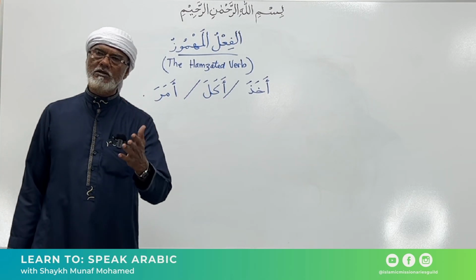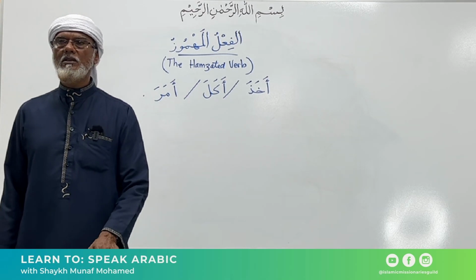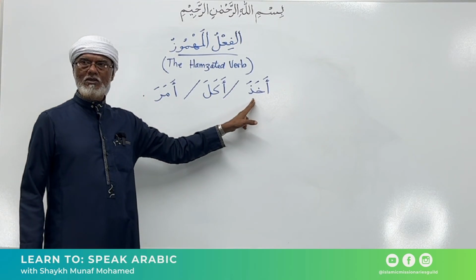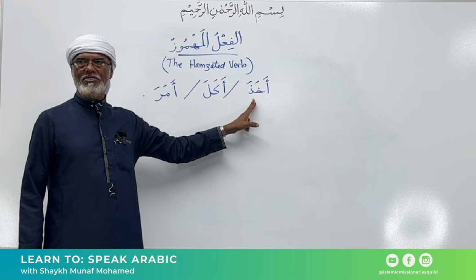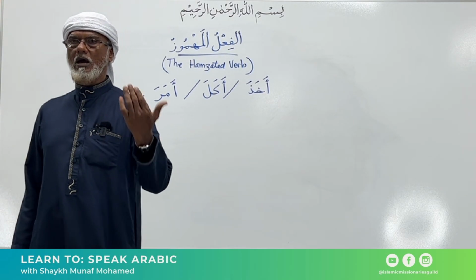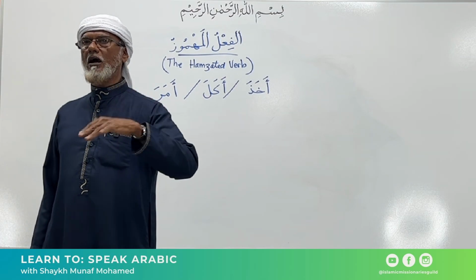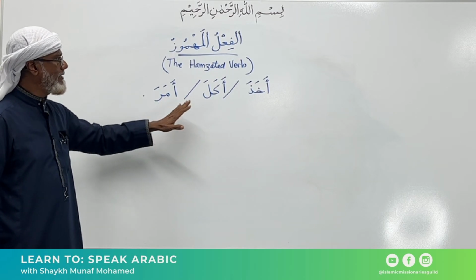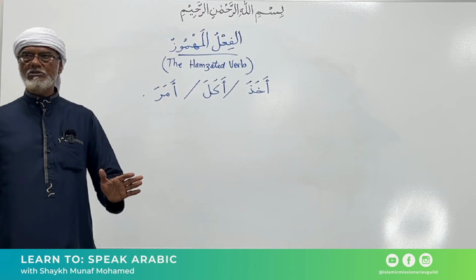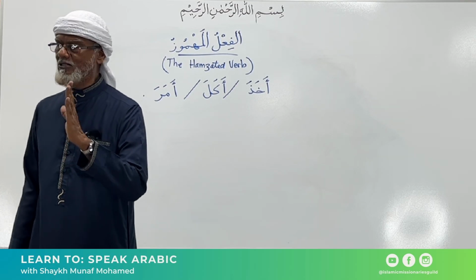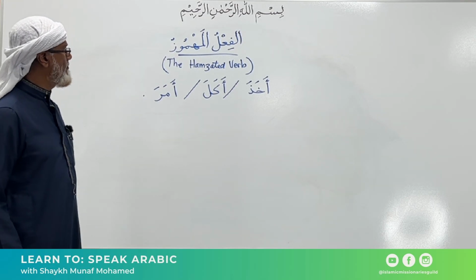Then we move to the third column. For plural, you have the masculine first, which will be akhadhu, and then akhadhna. Then akhadhtum, akhadhtunna, and akhadhna. So the same thing goes for all of them. The conjugation, there is no change in the perfect tense. It's just perfect, just like the others. Now,